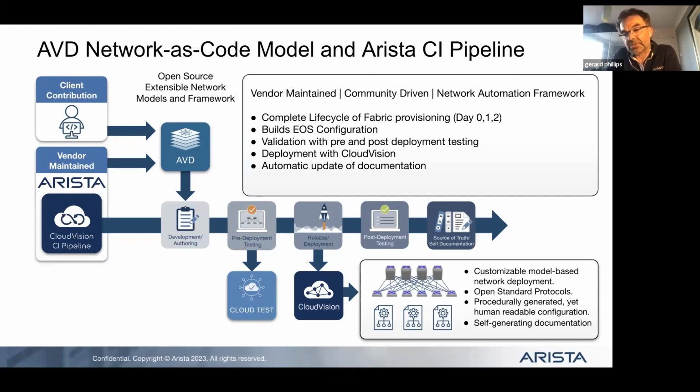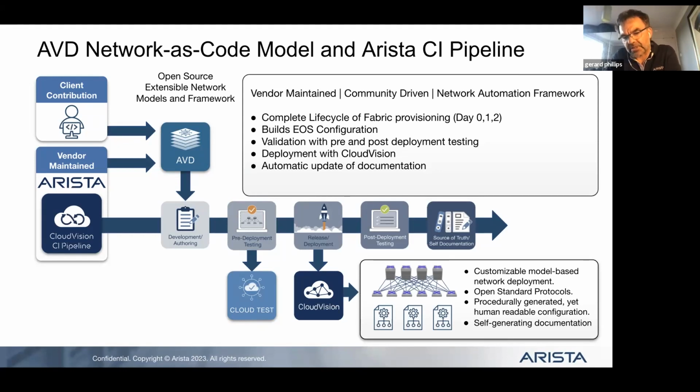So AVD gives you this ability to create templatized, repeatable, Arista validated designs in terms of configurations and testing. CloudTest is an offering that we have where we can host a whole series of virtual switches and machines so that you can do your pre-deployment testing in a hosted environment that you don't have to worry about yourself.